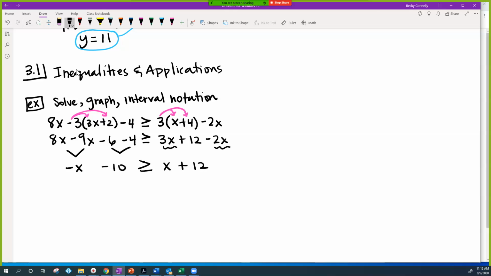Okay, now from here, I want to point something out to you, right? We have x's on both sides, and we could technically move those x's either direction. However, I want to make sure that when you solve these,